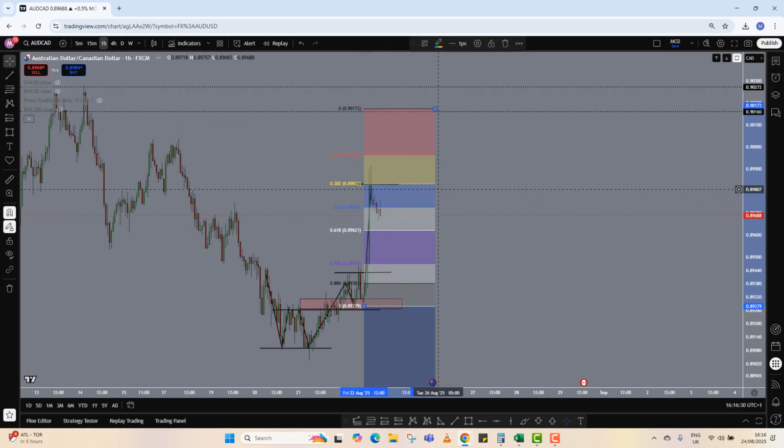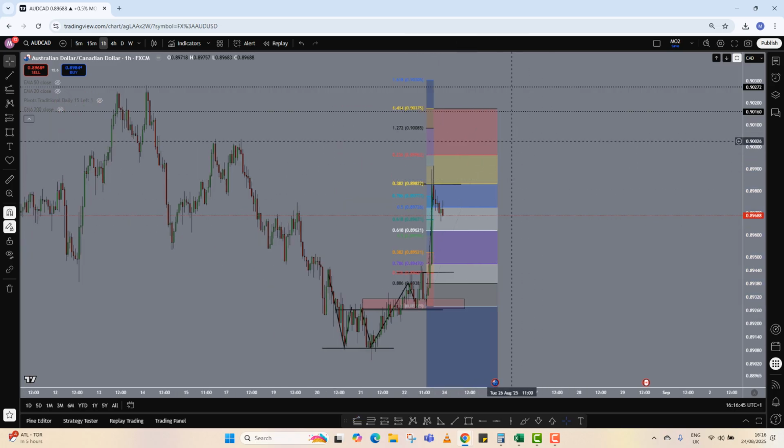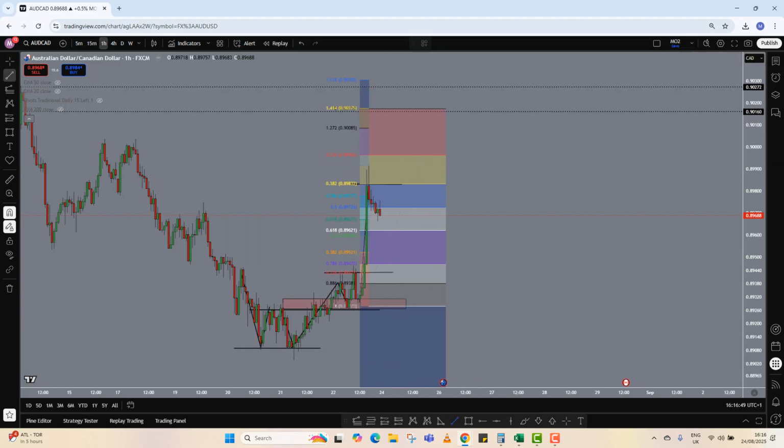I'm then looking for an extension. So I then take the extension tool from the previous X to the A, X to A, there we go, and then back down to where we started, which is the X, and I'm waiting for price action to come and touch that 127. As you can see, there is no candle there at the moment which touched it. It may just come all the way back down here. It may do that. But if it doesn't,